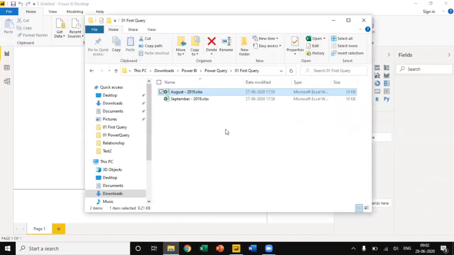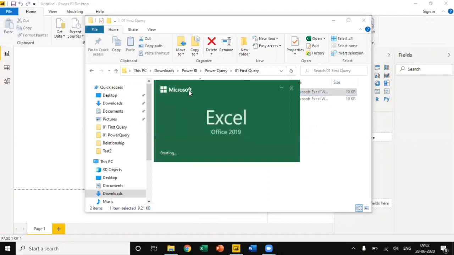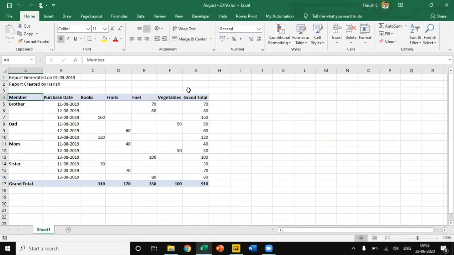In this folder, I have two files. I'll open this Excel file. So this data I used to receive from someone on a monthly basis. Basically, this data has been prepared by pivot table. Now, if I want to visualize this data, it will be very difficult to add the components. So before that, I need to clean the data using Power BI Desktop. I'll close this file.